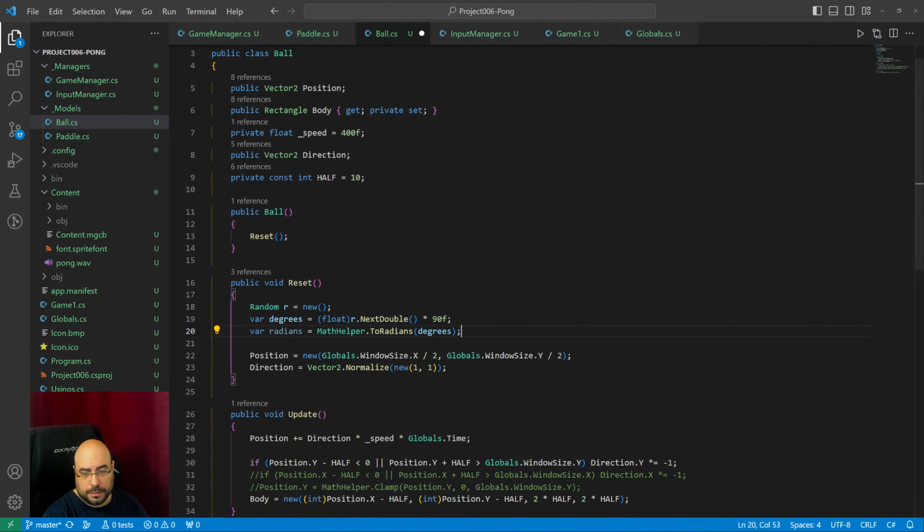And to make it into a vector, so instead of using this 1, 1, we need to do,